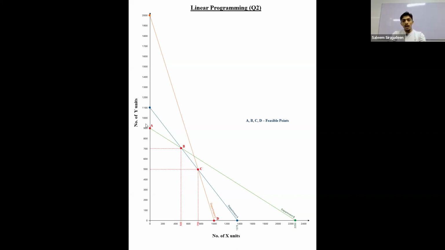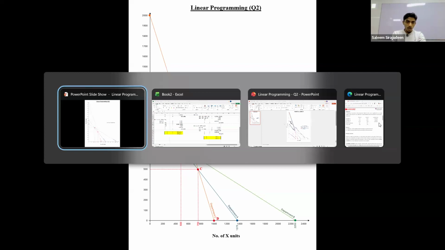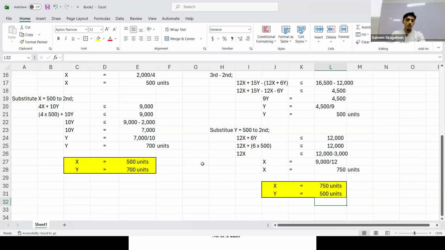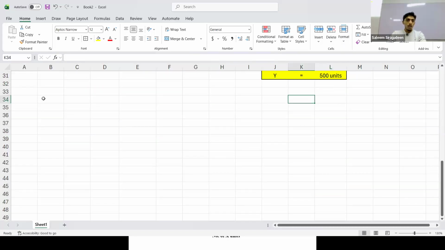Done. Now there are 4 points, right? So A, B, C, D. Now we have to find the maximum contribution. What is the point which will give you the maximum contribution? Yes or no? Right. So in order to do that, first of all, we have to construct the contribution formula, right? So total contribution equal,